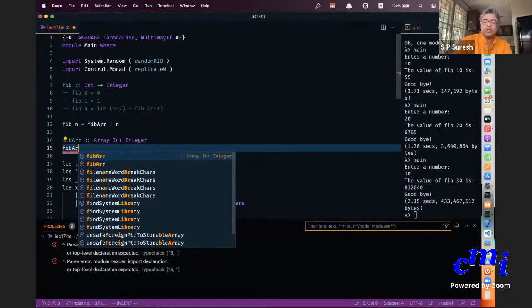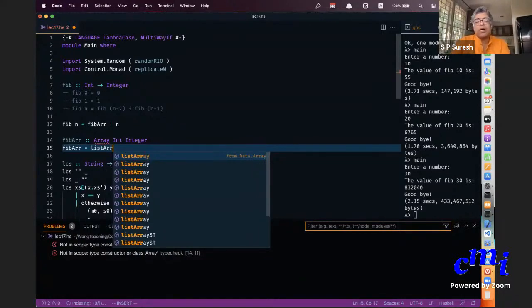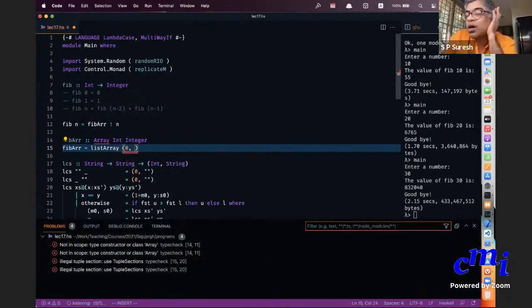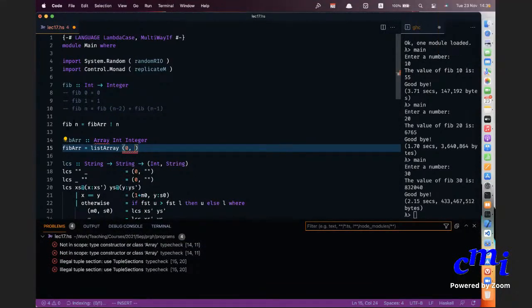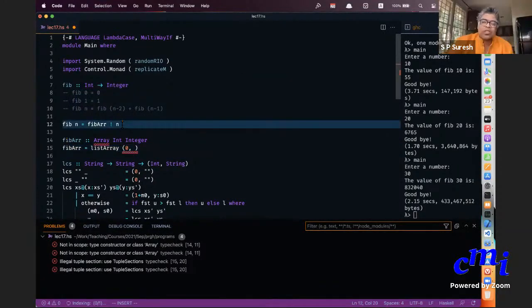What is the smallest index? 0. What is the highest index that you want? This is the important thing. With lists, you can go infinite lists. With arrays, they have to be finite. But you know what your problem is. According to my desire, I mean n here. Yeah, we don't have access to n here, right?